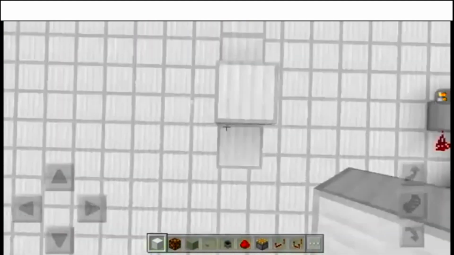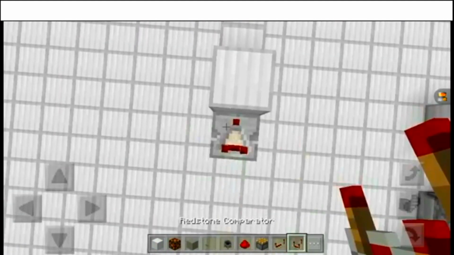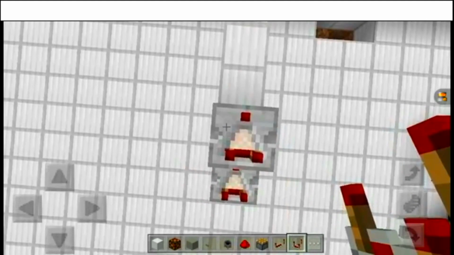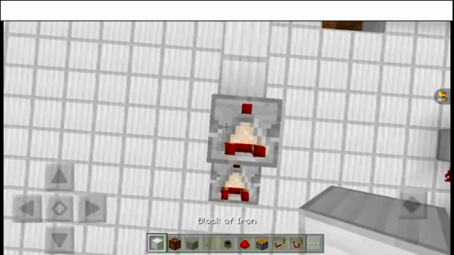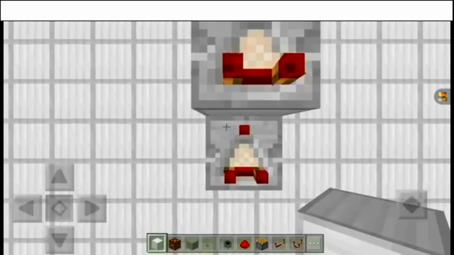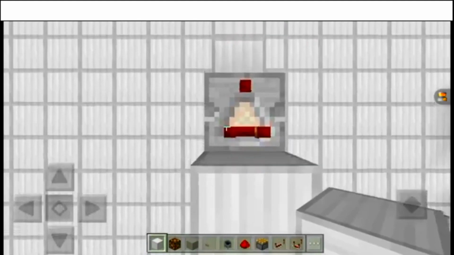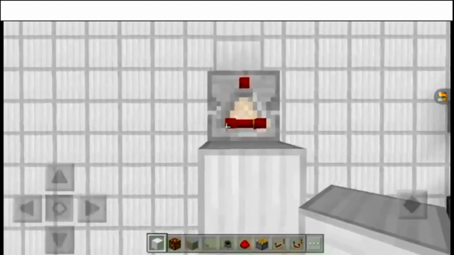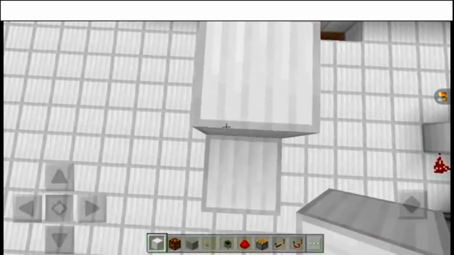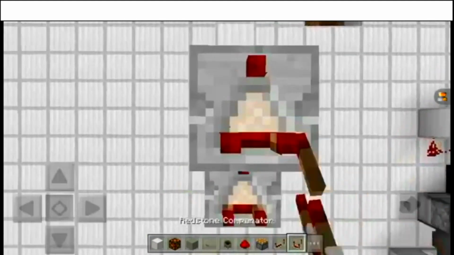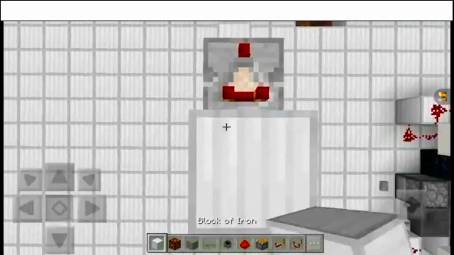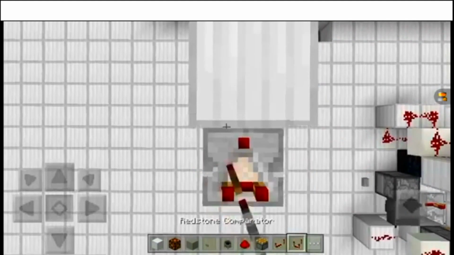And this is for my comparator. And another one. And we're going to need, let's see, 7 in total. So 1, 2, 3, 4, 5, 6,